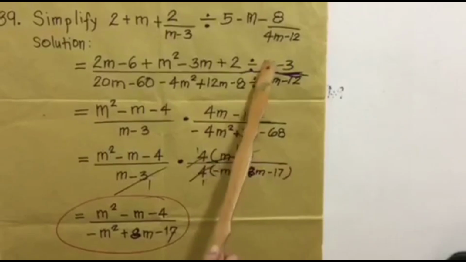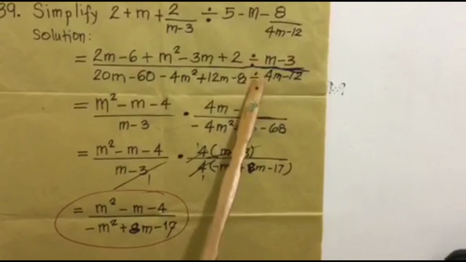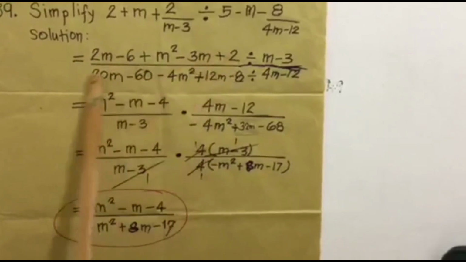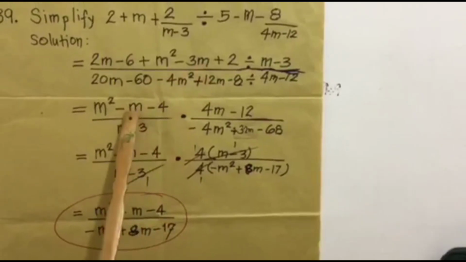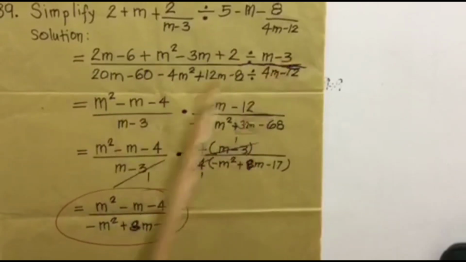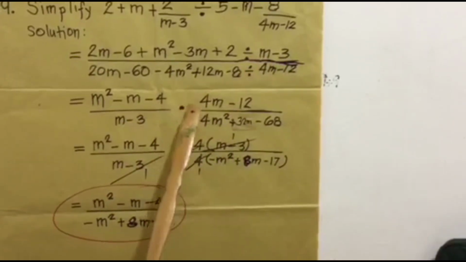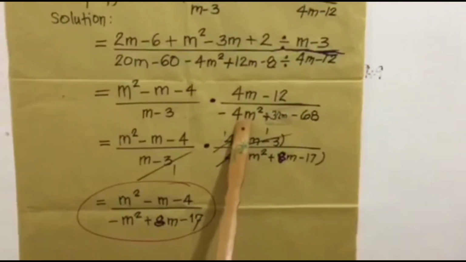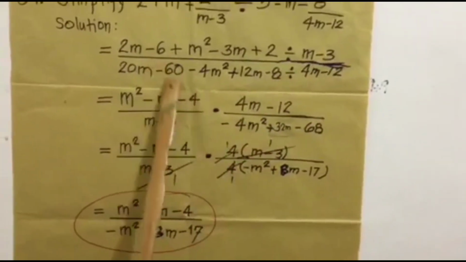Then since this is a division, we're going to change the symbol into multiplication because we're going to use the reciprocal method. So this one, combine like terms: m squared, 2m, negative 3m, plus negative m, negative 6, positive 12, minus we have negative 4, and copy over m minus 3. Then this division line, we're going to use multiplication. Then inverse the denominator. So the denominator now is 4m minus 12, and over this